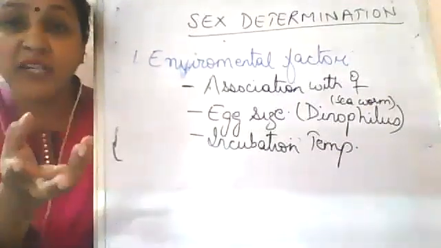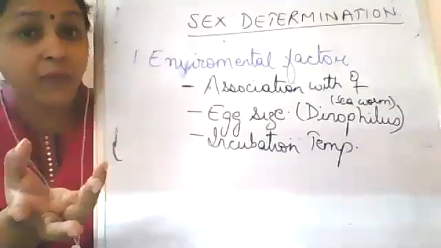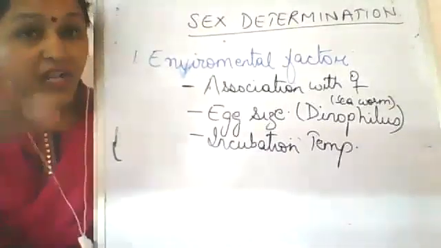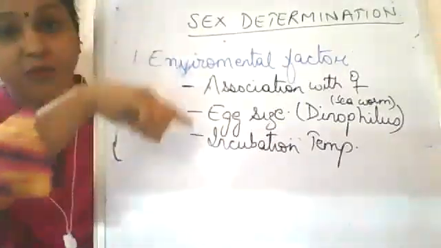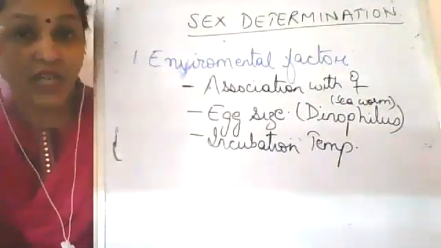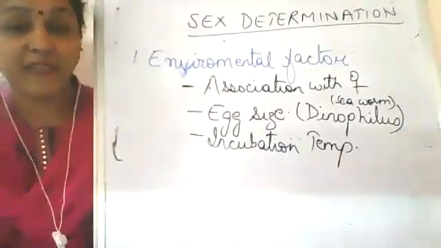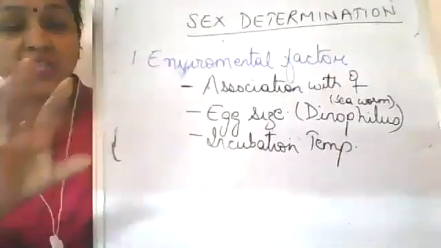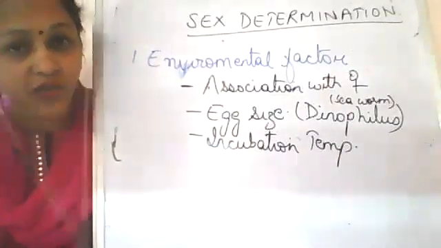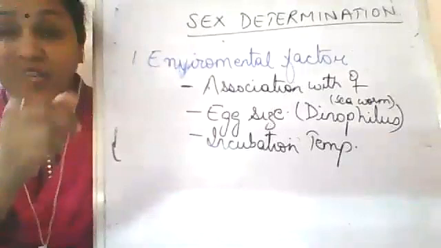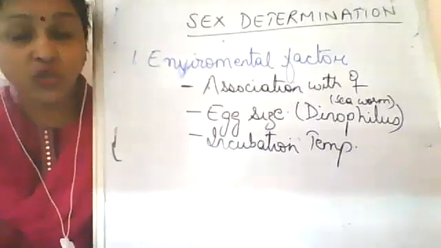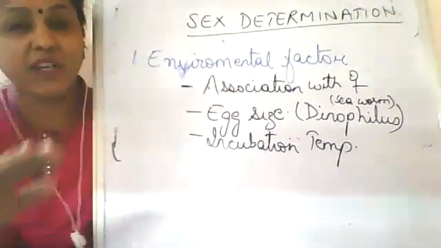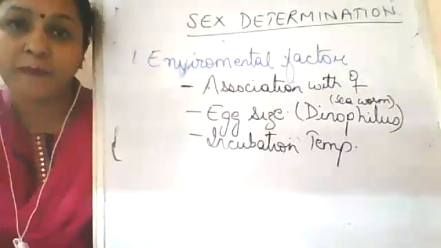So whatever the temperature is at the time of organ development, that is when the genes are getting differentially activated. That will affect more, not what is before and what is after. Like in humans, we have studied about 3 germ layers. When 2 or 3 germ layers are formed, after that they start forming the tissues and organs. So at that stage, if the temperature is different, differential genes will be activated and the development of organs will be accordingly. Got it?